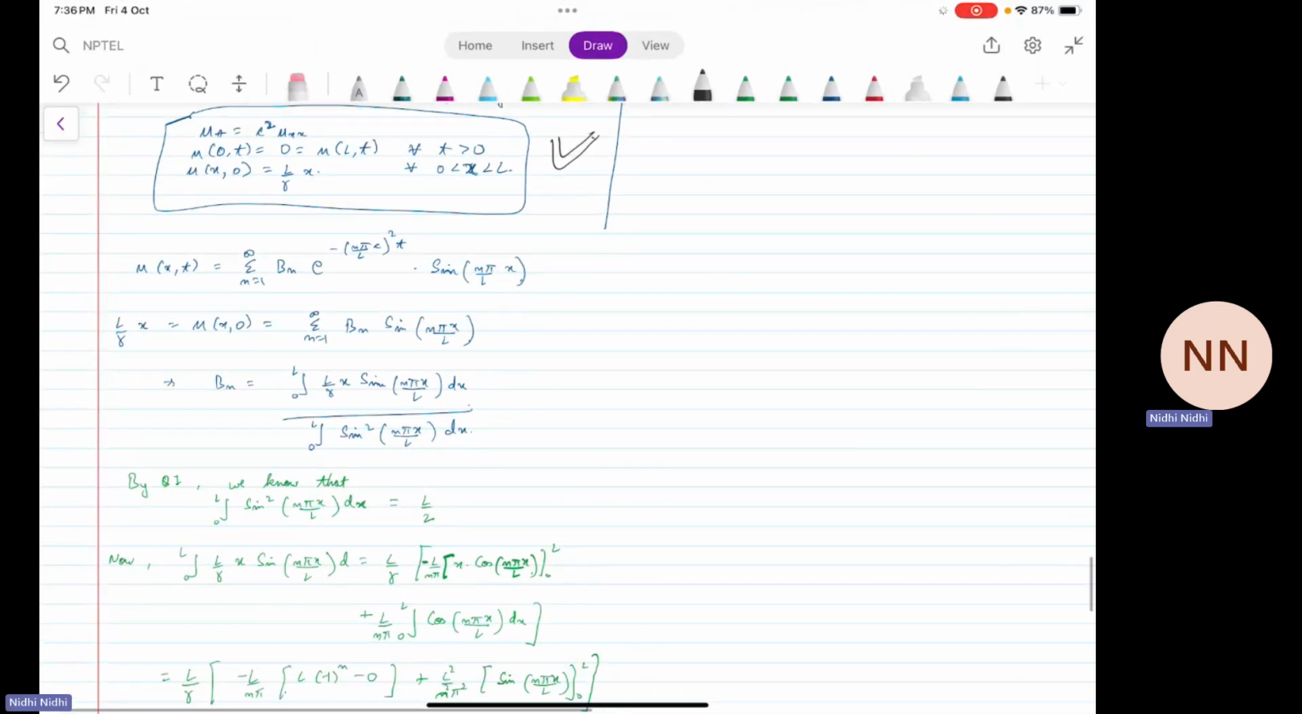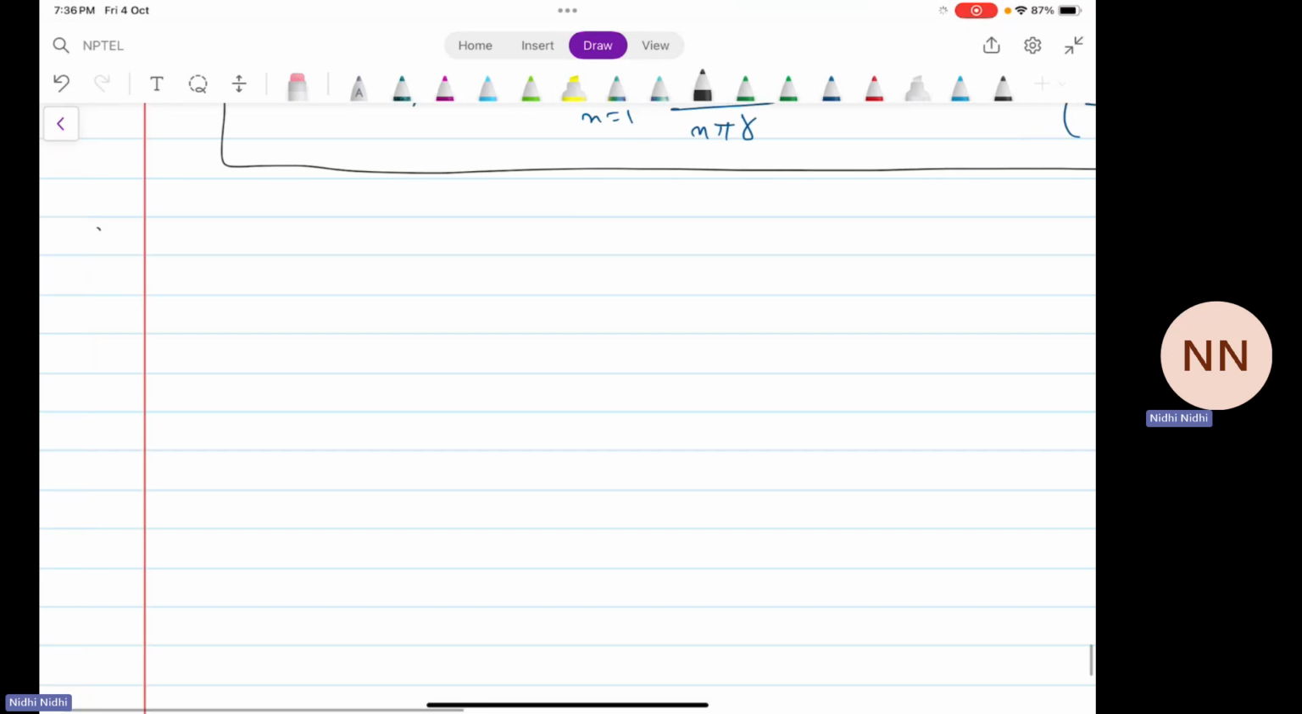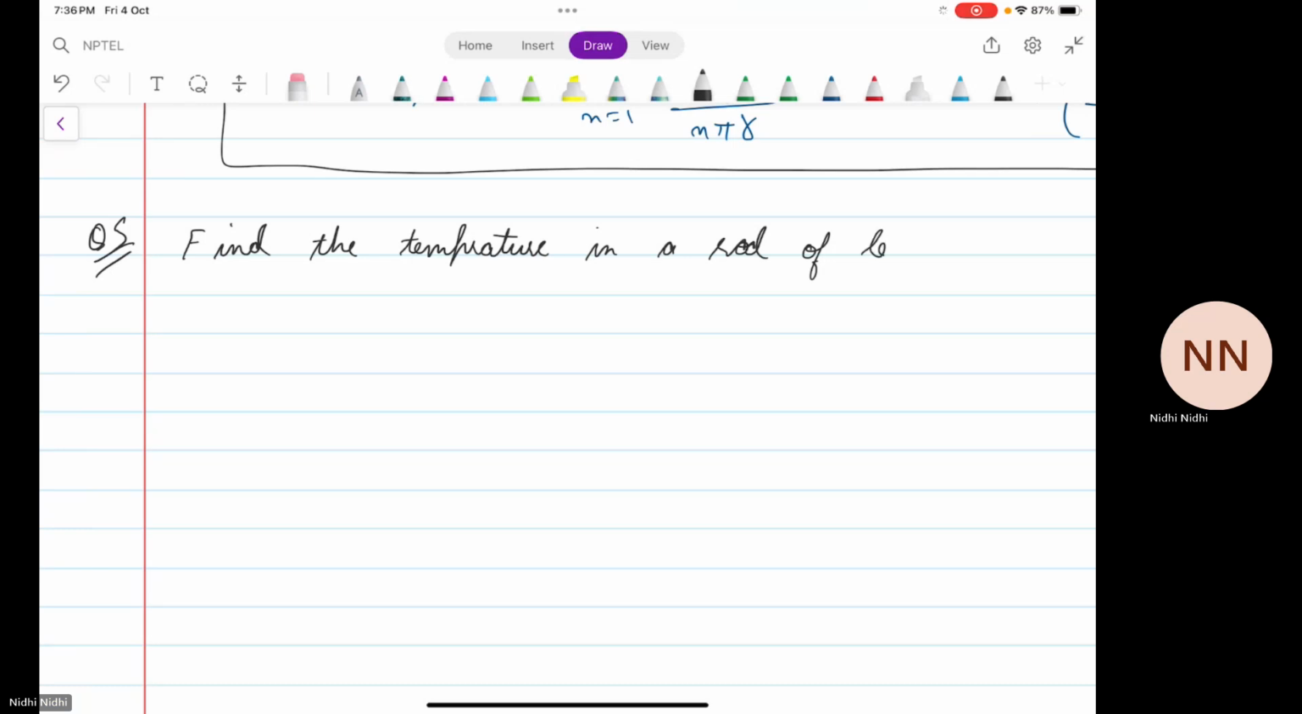Let's move to the next question. Question number 5. Find the temperature in a rod of length L and conductivity K,